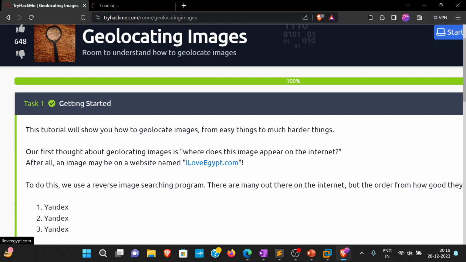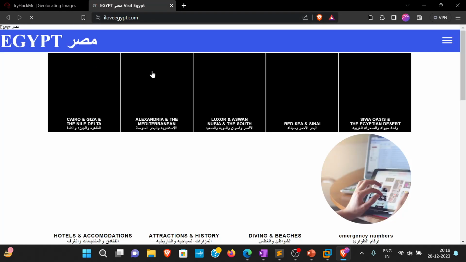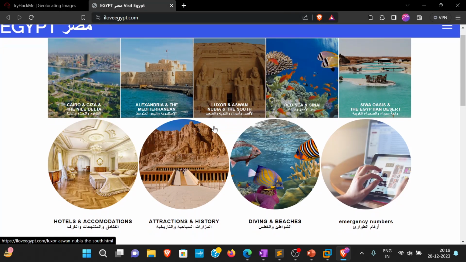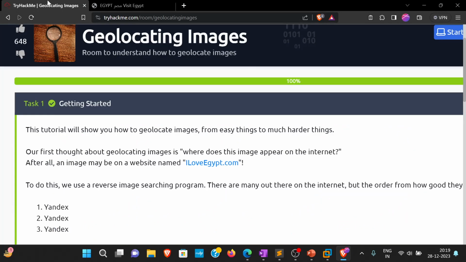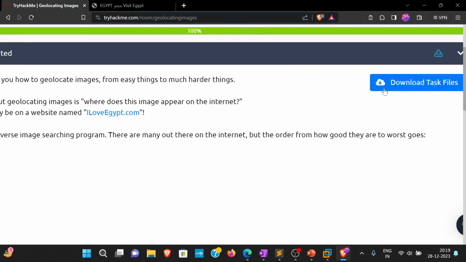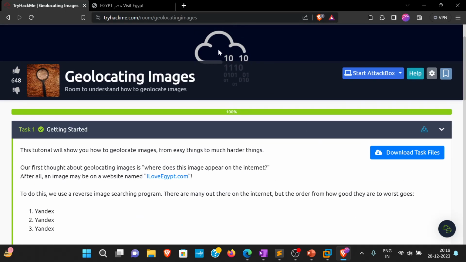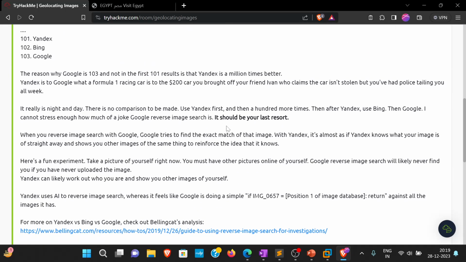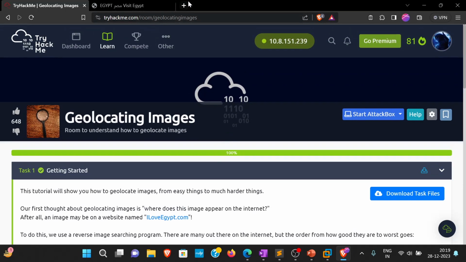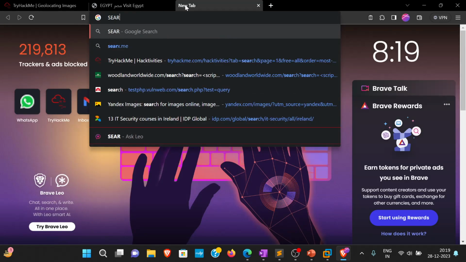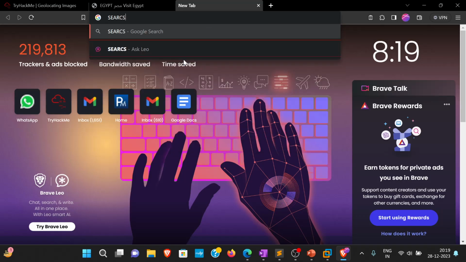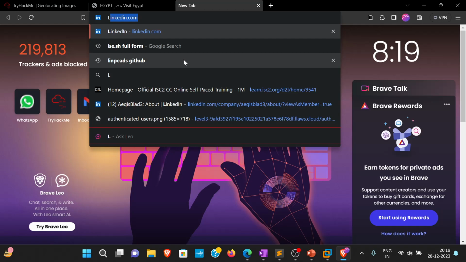So yeah, let me show some images. Probably this is not the one. You can download the task files from here. You will be shown some images, and you would have to solve these challenges. So I'm introducing TryHackMe to you. Otherwise, there is one more thing. Let me, I think it's search, what was that,